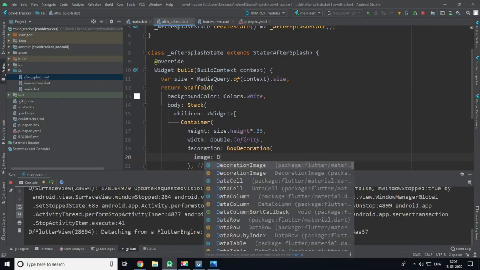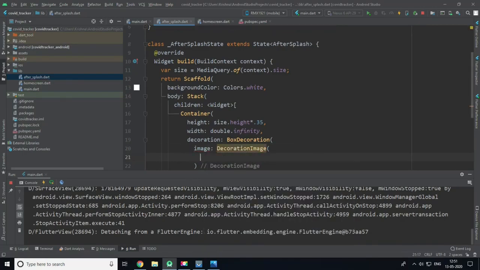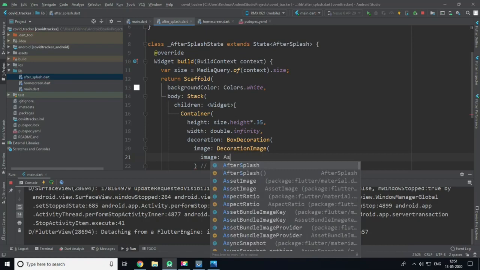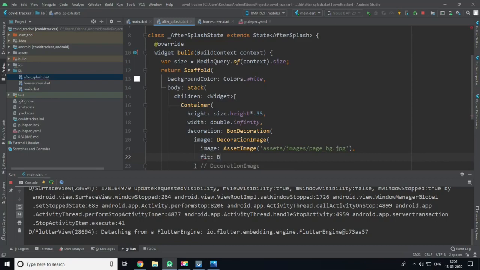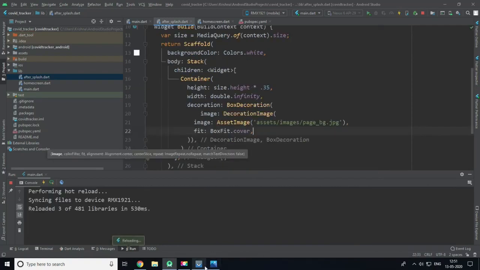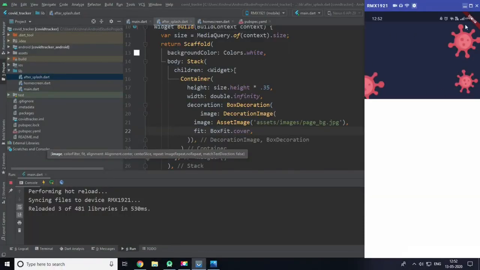So image, and I will use DecorationImage, in which I will set image as AssetImage and set it as assets/images/page-background.jpg and fit it as BoxFit.cover. Now when I hit save and reload our app, here you can see that we have a top bar ready.